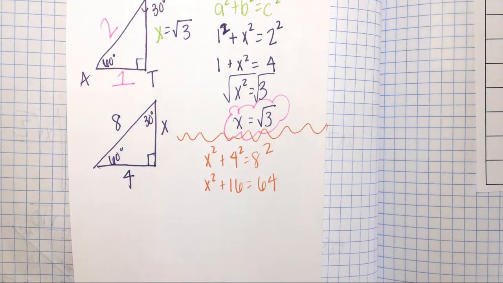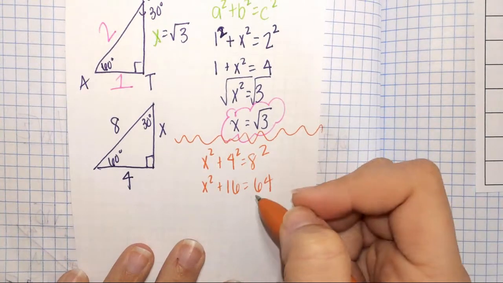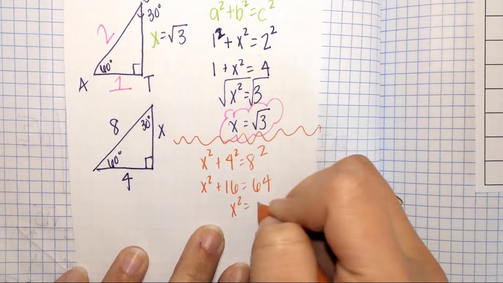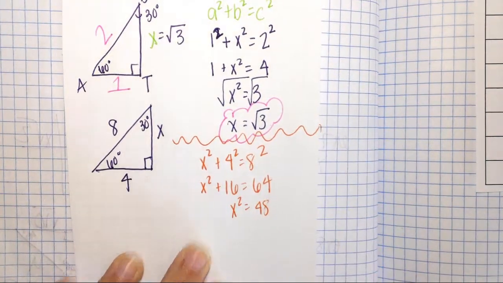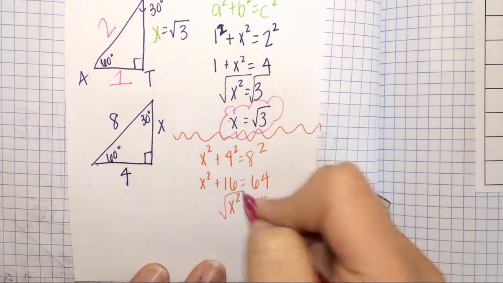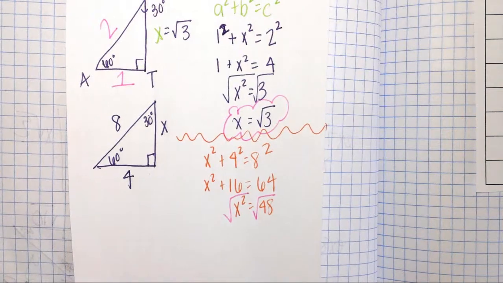Okay, what do I do from here? Subtract 16. Subtract 16 from 64 and you get 48. Okay? And you take the square root of 48. Now, I want it in simplest radical form, which means we need my card because